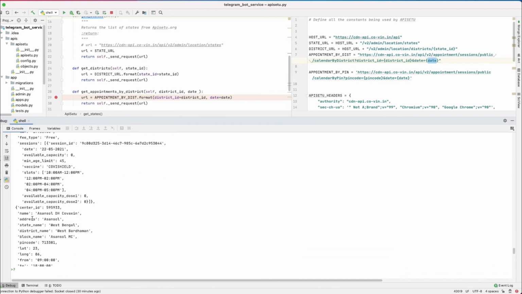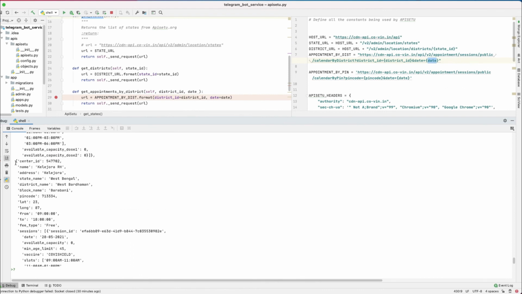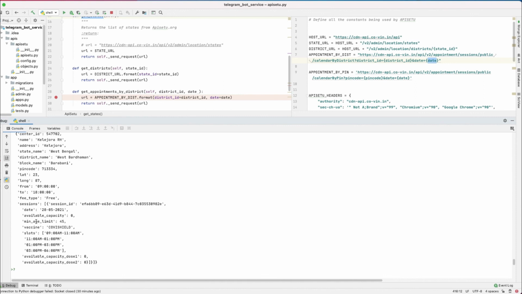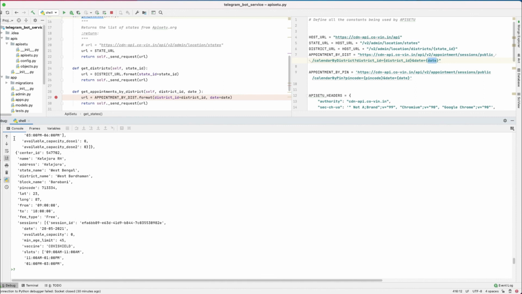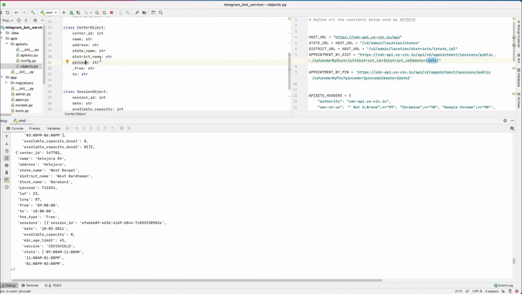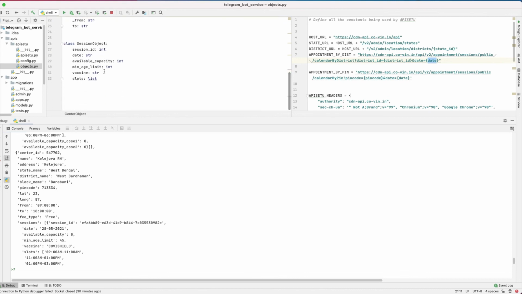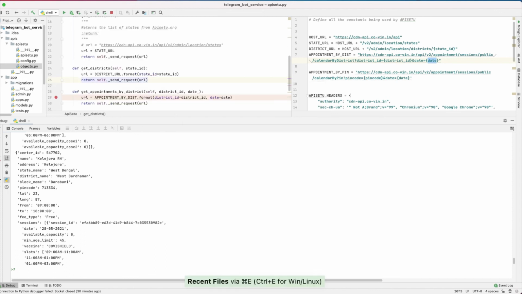Currently we are not processing this data. So in the next video, we will create some useful objects out of this data. We created the object file, so in the next video, we will use the object file and see how we can use it more intuitively, so that we can perform a lot more